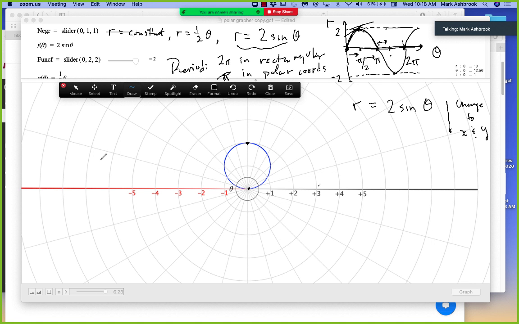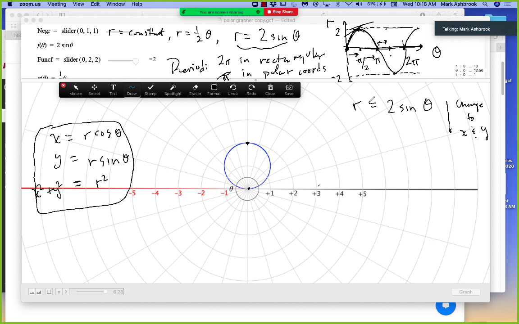We have to go back and review what x is in polar coordinates and what y is in polar coordinates. x is r cosine theta, y is r sine theta, and then we had another relationship between x, y, and r. What was the other relationship? r squared equals x squared plus y squared. Right, x squared plus y squared equals r squared. So we're going to use these, which are true for all values of theta,